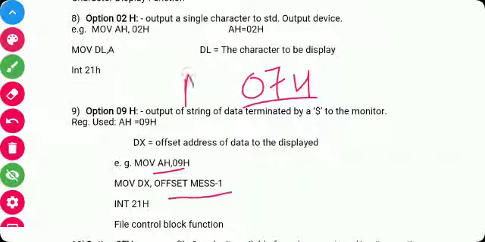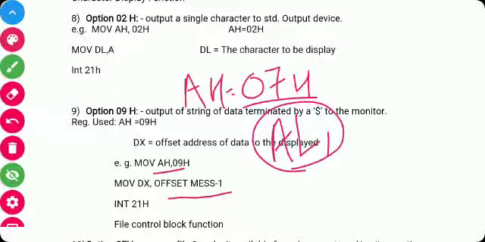Here we store the 07H function number in AH, and the character input from the keyboard is stored in AL. But instead of that character we have to display an asterisk or some sign. So this is the 07H function, which takes input from the keyboard but does not display it on the monitor.